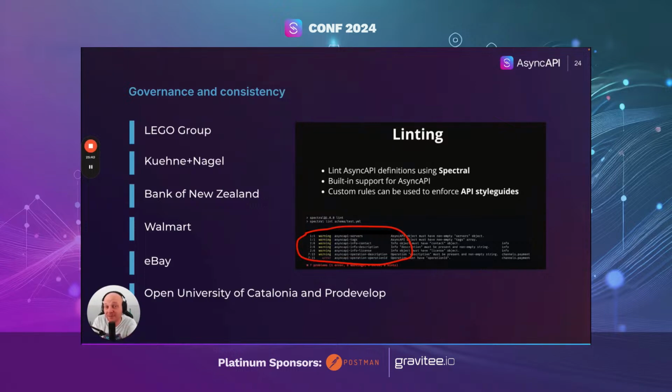Because if you have AsyncAPI machine-readable format, then you can apply to AsyncAPI structures whatever validations you want, whatever governance you want. And as you can see, for example, in this screenshot from the Lego presentation, you don't have to start super big, you can really start small. You can just enable some basic linter, like in here, it's with Spectral, with some basic rules. Sometimes it doesn't even have to be really automated. It doesn't have to be self-service from day one. It can be just a CLI tool that any team can download and use and plug into their CI on their own.